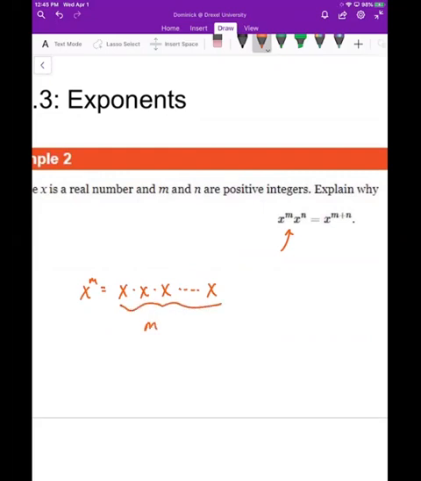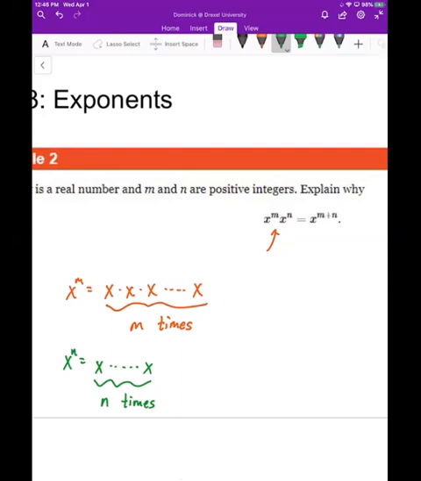So there are m of these x's. Well, x to the n is a similar thing, except we have n x's, right? So if we multiply these two things together,